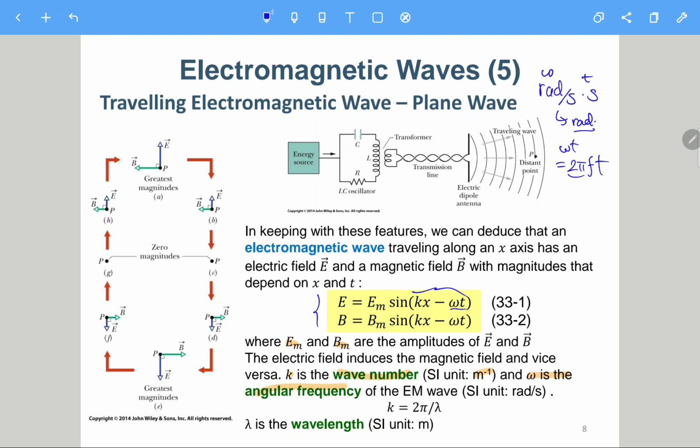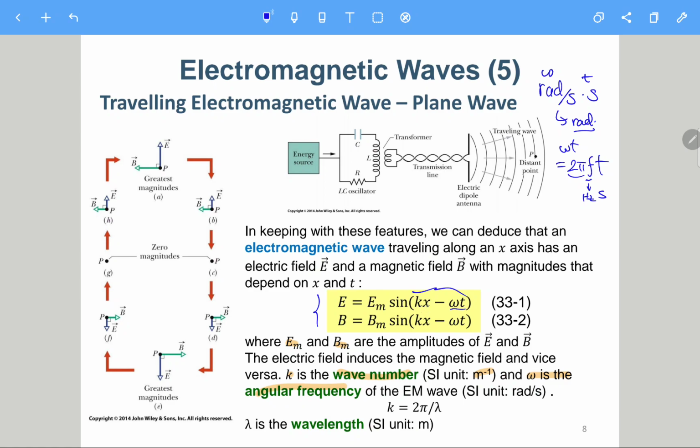2 pi is, of course, a number, and frequency has an SI unit of hertz, which is s inverse, and t is s. So hertz and second will cancel. So it turns out that 2 pi ft is dimensionless. And likewise for kx, it should also be dimensionless, because